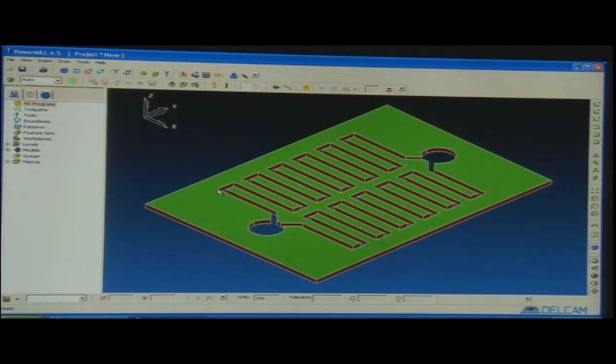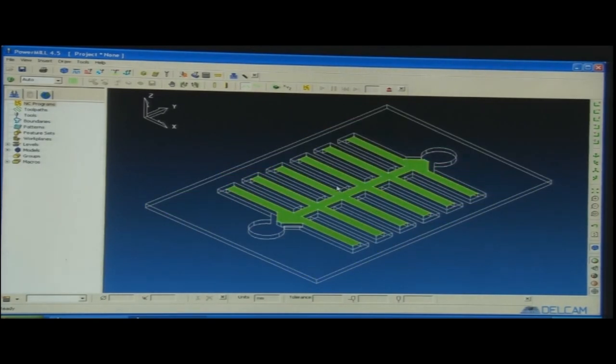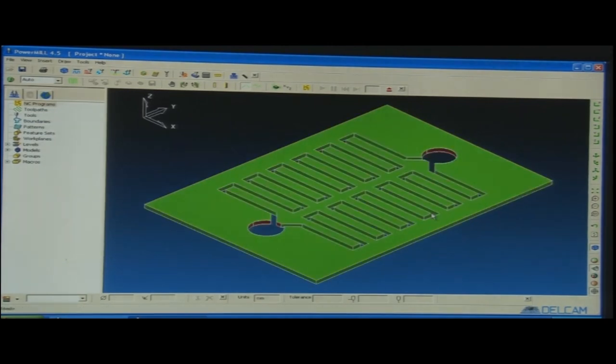So, we can write the code for each and every corner, like this corner or any profile. We can write the code for each and every point here. Manually the code can be written, it is known as MDI, manual data input. Then there are a number of faces here, you can see there is one face, another face. We can write the codes separately. So, here we can see the different features or outlooks for the workpiece that we have there. So, the software makes the task easy. It can create the code for all the points which are here.